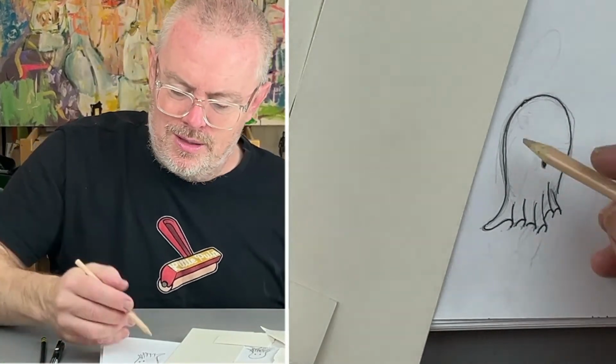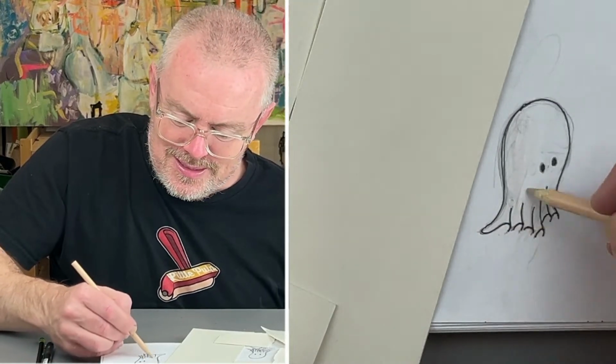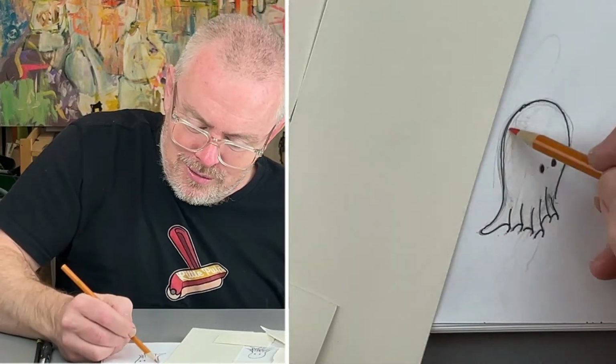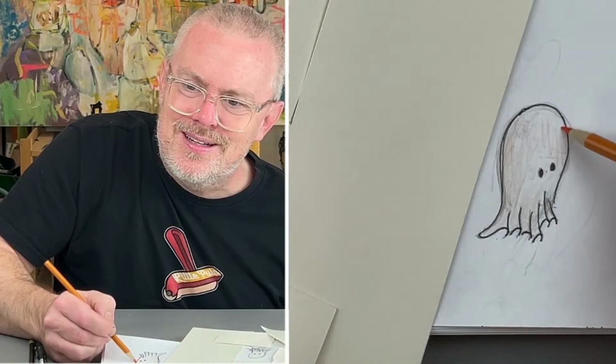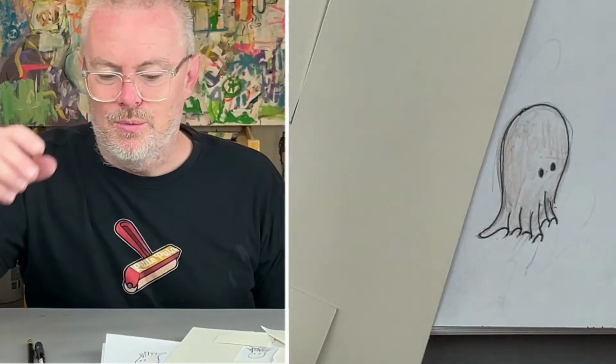All right, so now I'll do maybe a little bit of color in here, just to get a feel for it, just a little noise in there. A little orange over here. Look at this cute little octopus ghost. Okay, so with this